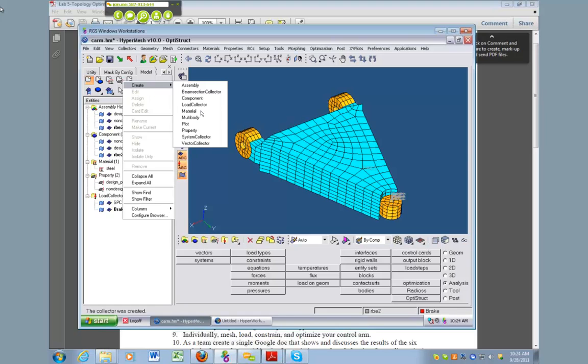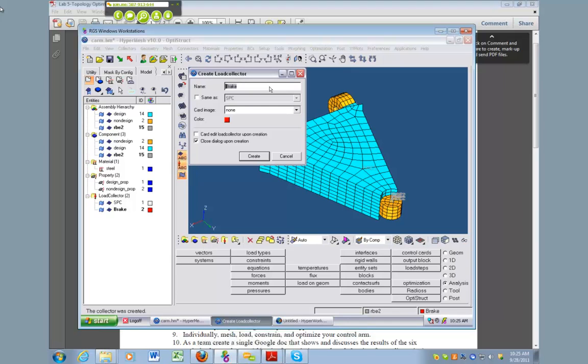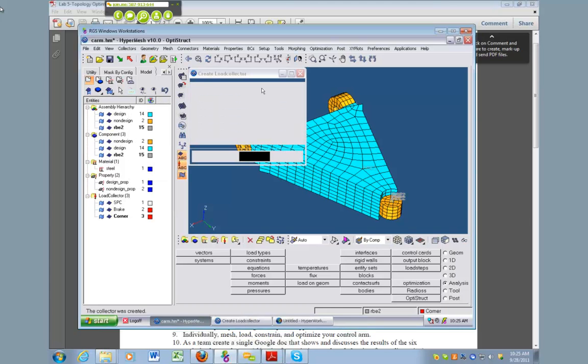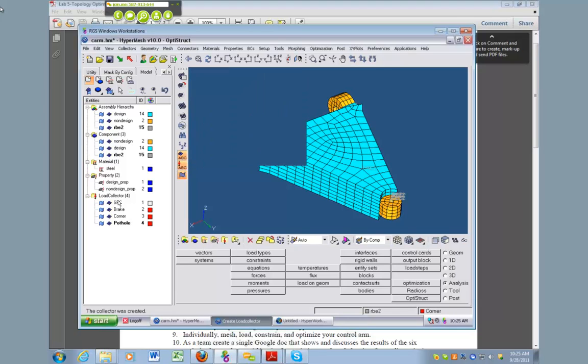So create, load collector, and one more called pothole. Great. Okay, so now we have these 4 load collectors, and pothole is bold because that means it's the current